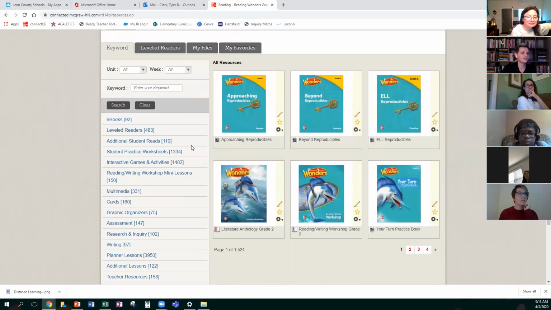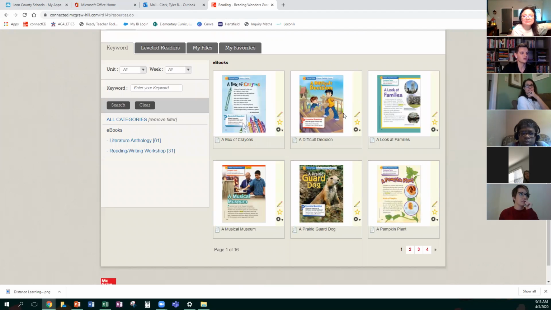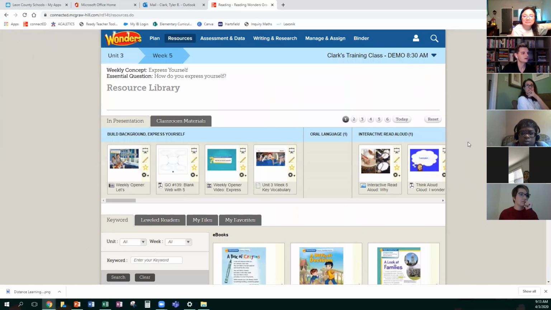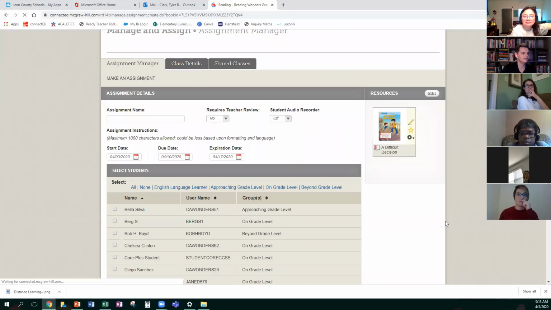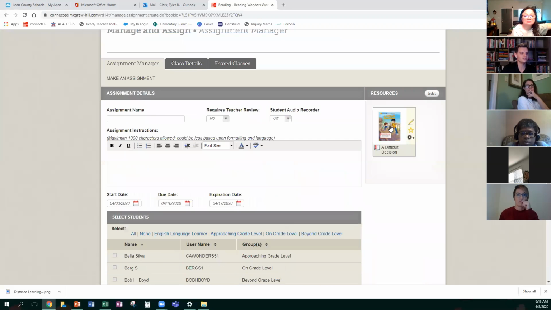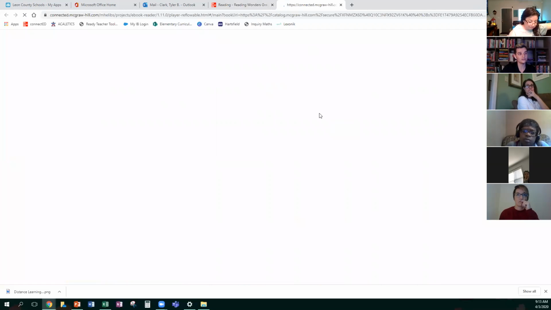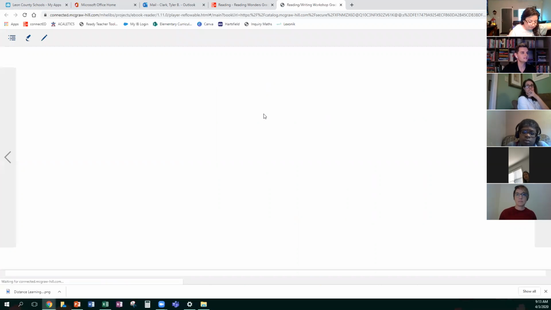If you want specific text to assign, all of the ebooks are down here in their own section, and it will start with the ones for the week that you're in. So to assign a text, you just click the thing, you assign the resource, and just like the other assignment, you fill in all the information and it just gives them the book. And they have interactive features that they can complete while they're reading. So once they open a text,